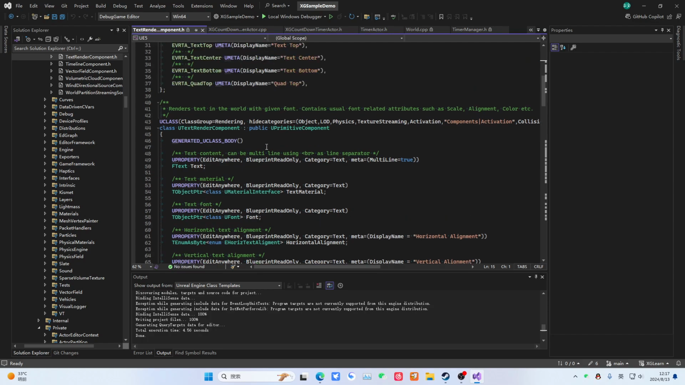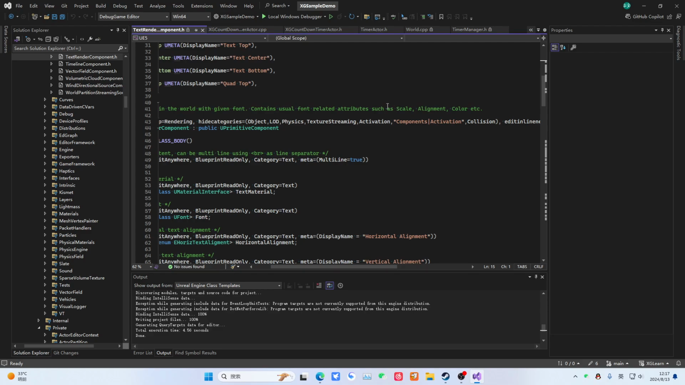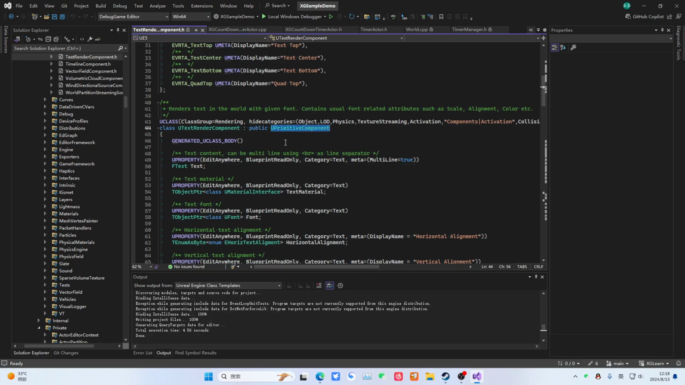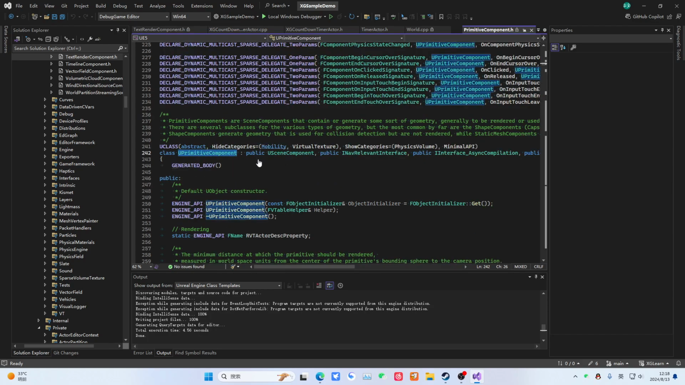And you can see it can render a given font in the world. Render this text, and there are some common properties. For example, size, alignment, color. So it also inherits from the primitive component. If you render it, you can see this is very important. It can actually